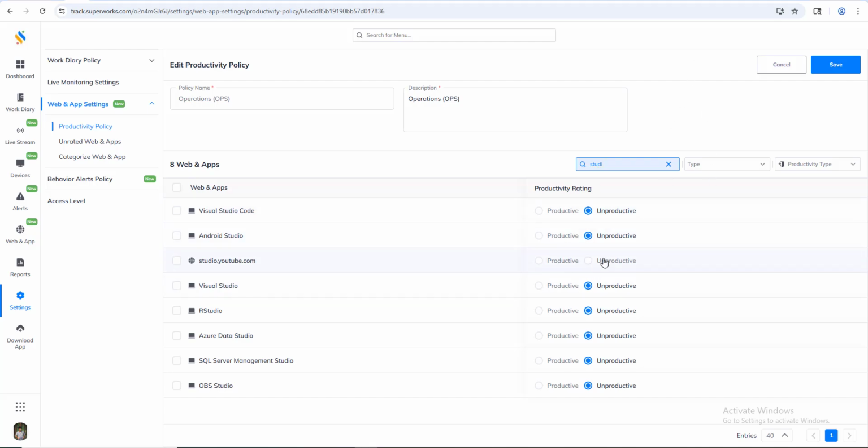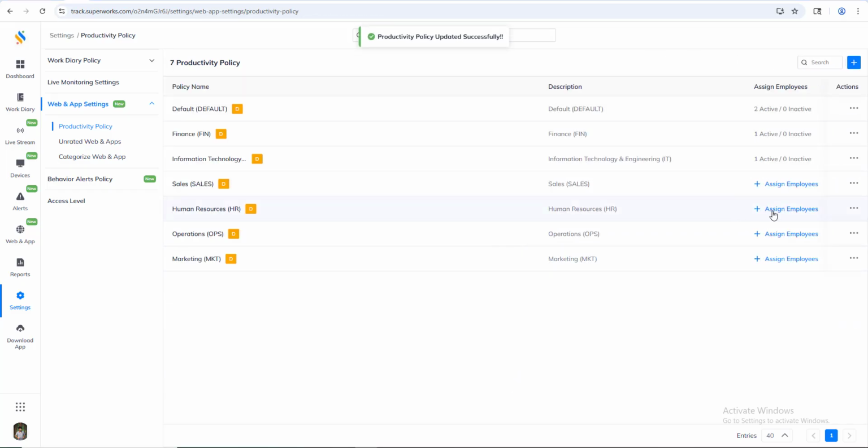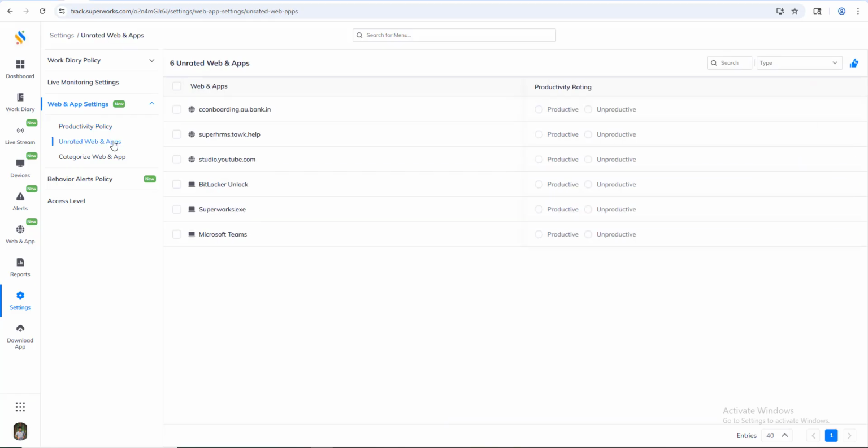So for this operations department, let's say I want to make this website unproductive. I will just have to click on this unproductive button, and then click on the save button. So it will only apply to that department. Then we can go back to unrated websites and applications and bulk set YouTube as productive for all other departments.